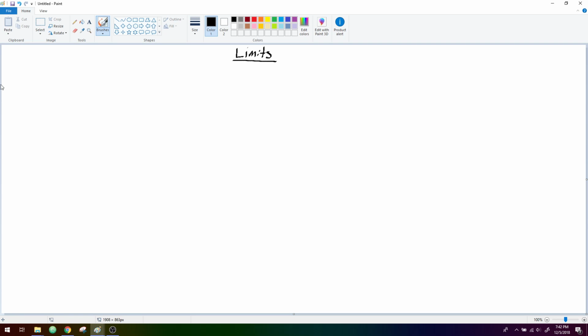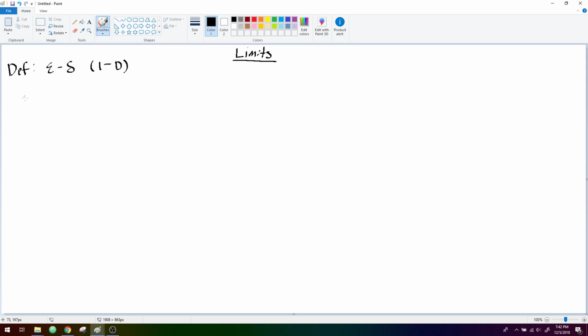Alright, building limits from the ground up, which means starting from definitions. And the definition that we're going to give is the epsilon-delta definition of the limit in the one-dimensional scenario. Meaning we're going to consider functions of a single real number input that give a single real number as the